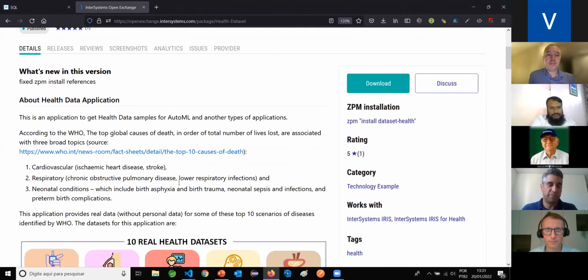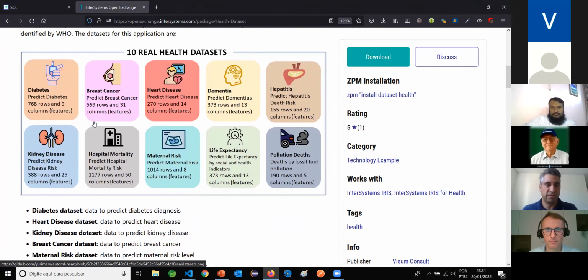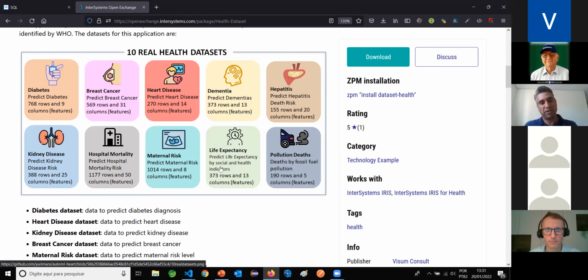My app is health data sets. This app deploys 10 health data sets. Data about diabetes, breast cancer, heart disease, dementia, hepatitis, kidney disease, hospital mortality, maternal risk, life expectancy, and pollution deaths are data sets created to be used